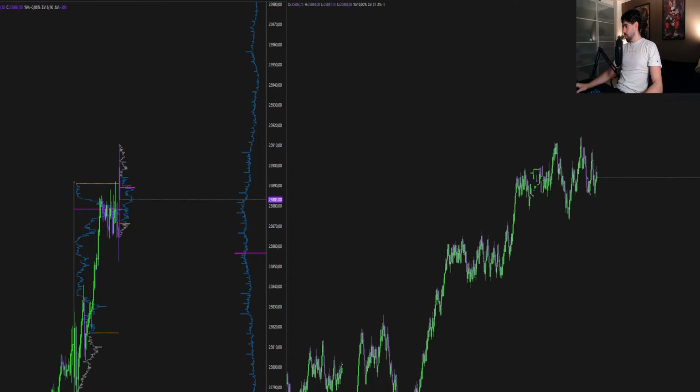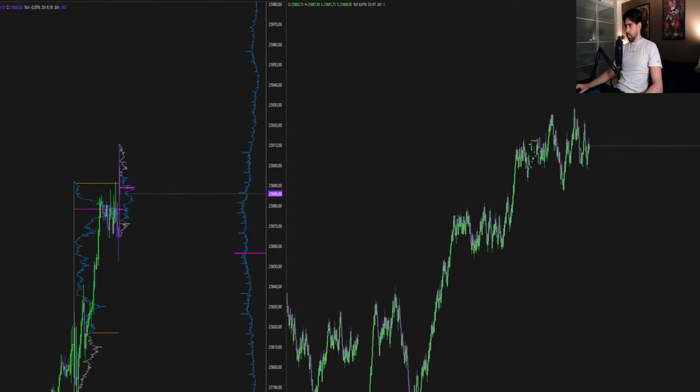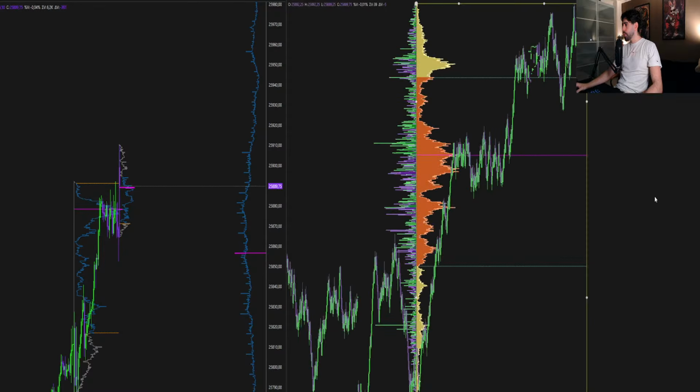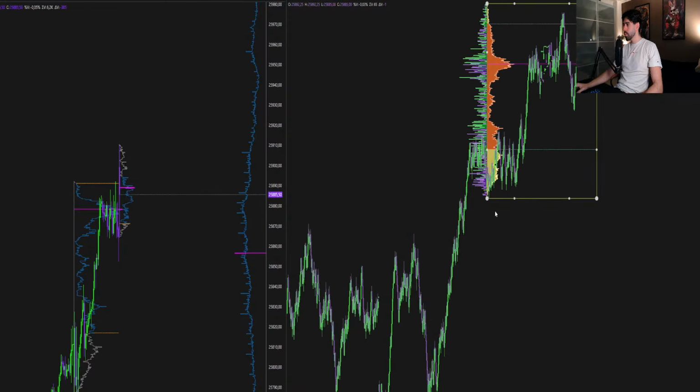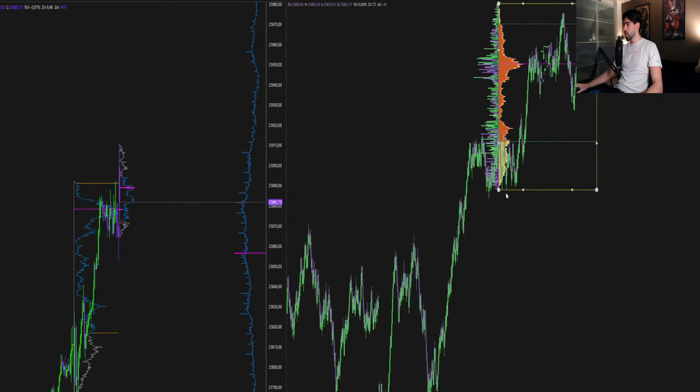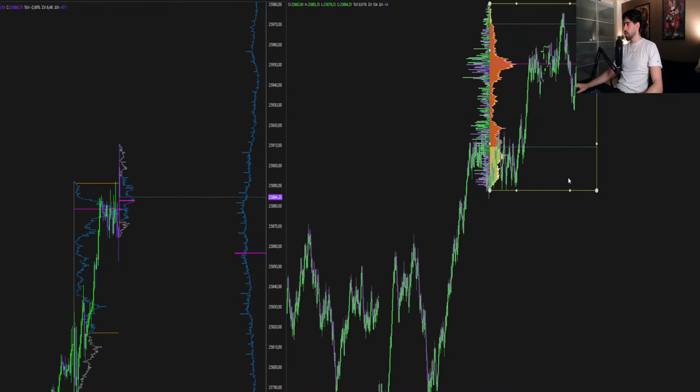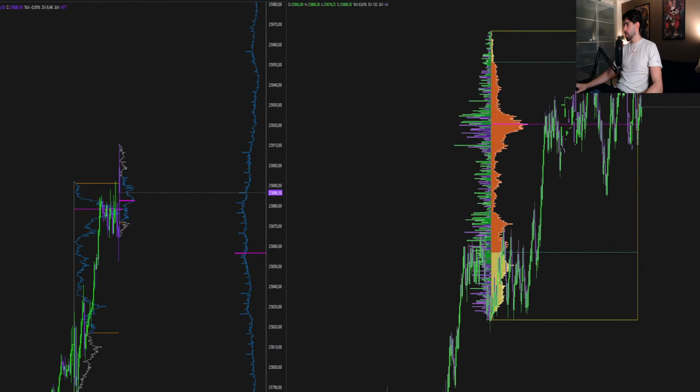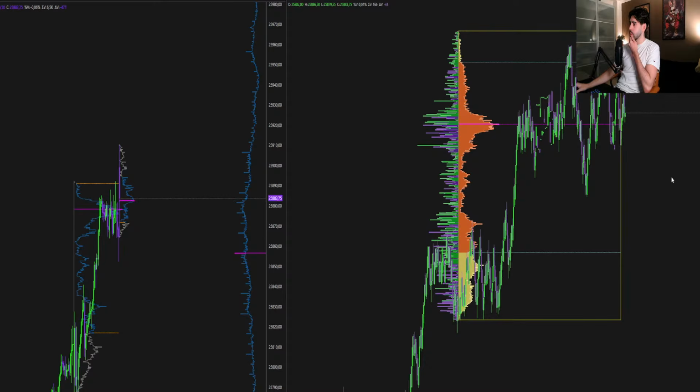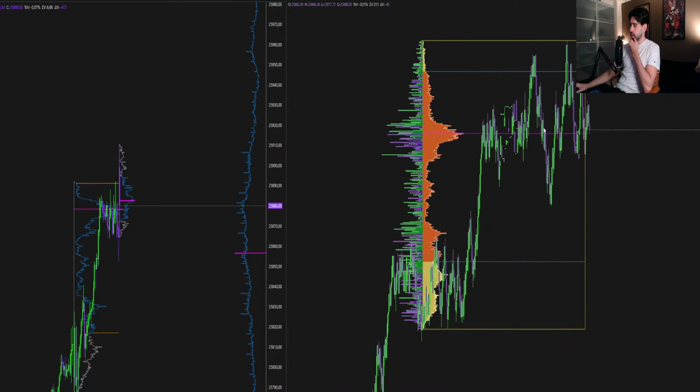Somebody asked me to plot the profile about some swing or something. Let's see. Let's just take this. Who was it that asked about this profile? Yes, we can see it's a P shape. So the pre-market profile leans towards the high. We're pushing higher. Market has now opened.